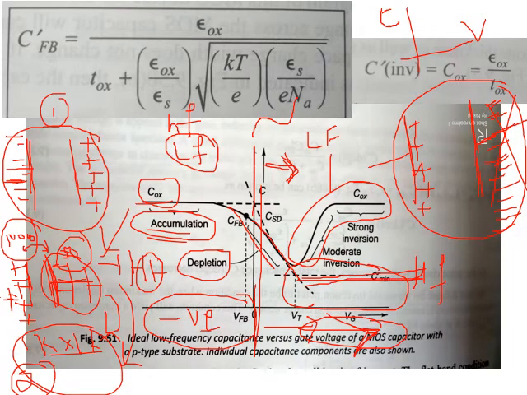Why? Because there is no sufficient time given to the electrons to come back onto the other plate of the capacitor. But when I give sufficient time, that means if I give low frequency, yes, the capacitance will rise up. Why will it rise? Because the electrons are getting sufficient time to come back, and there is huge potential given here, because of which the electrons are also being attracted. But for attraction, yes, they require some time. If you give some time, yes, capacitance will rise. Otherwise, it will not rise. Is it understood?